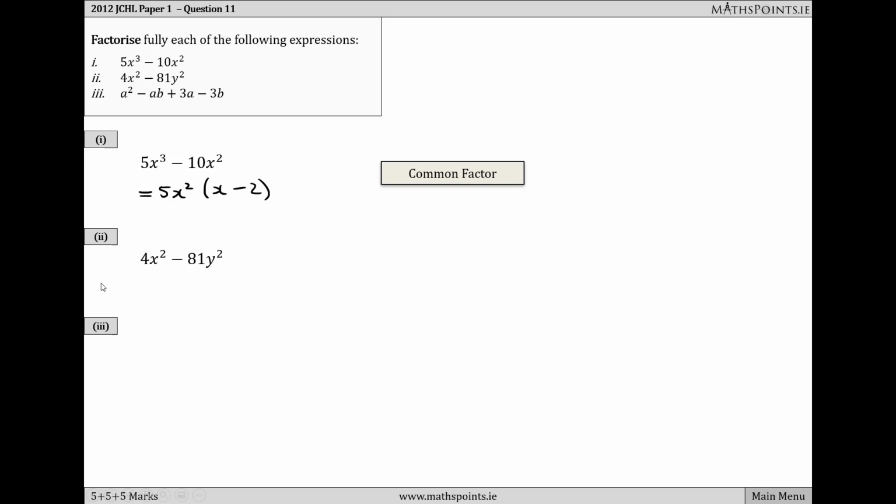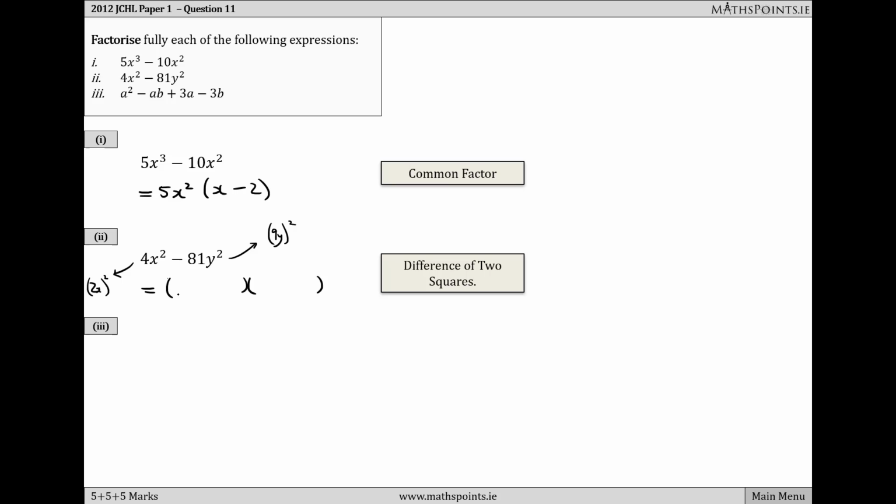For the second expression, we can see that both terms are squares. 4x squared is 2x, all to be squared, and 81y squared is 9y, all to be squared. So this expression is factorized using the difference of two squares. We set up two brackets,